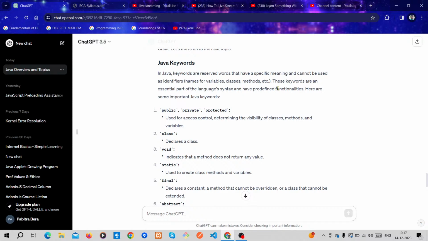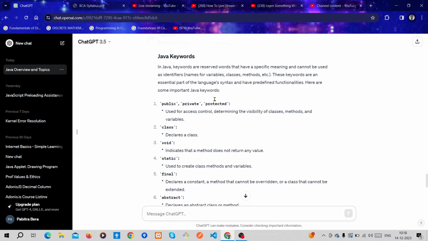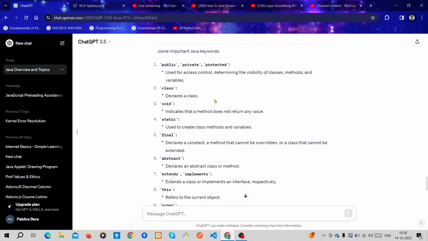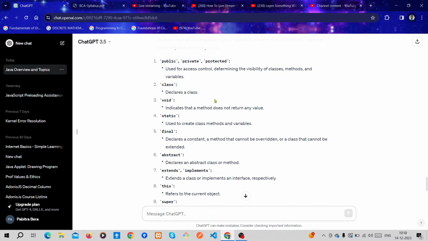These are reserved by the Java language. I hope you understand it. These keywords are an essential part of the language's syntax and have predefined functionalities. Here are some important Java keywords. So let's see which are the important ones.